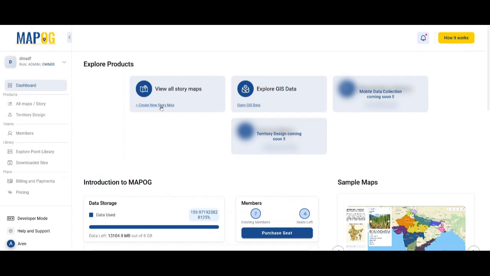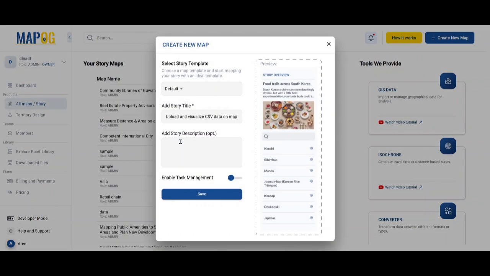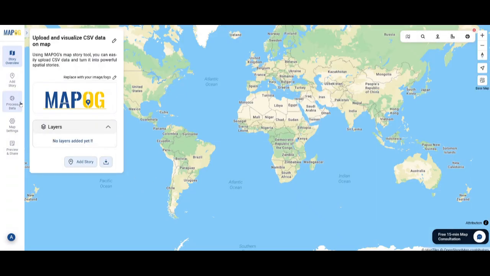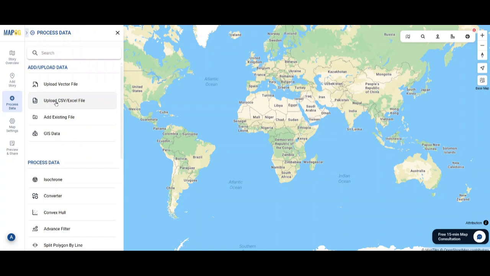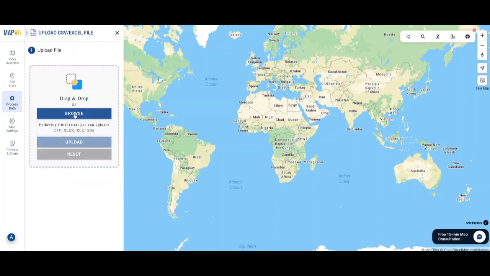First, head to story.mapog.com. Click Create New Map, give it a name and description. Then save it. Go to the Process Data, then click on Upload CSV/Excel file under Add/Upload Data and upload